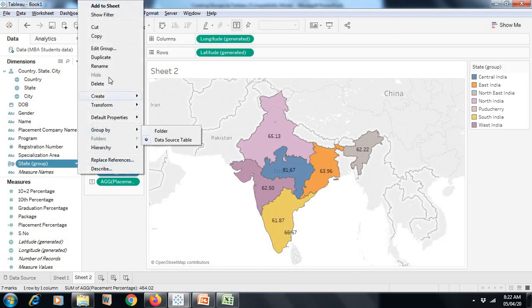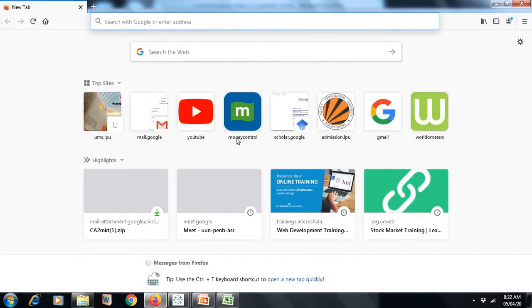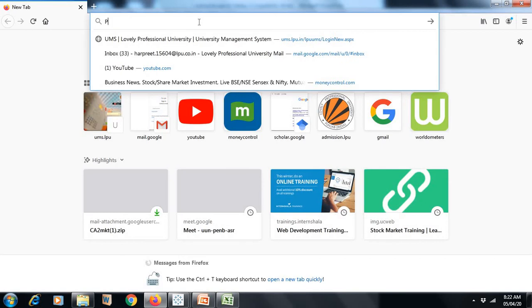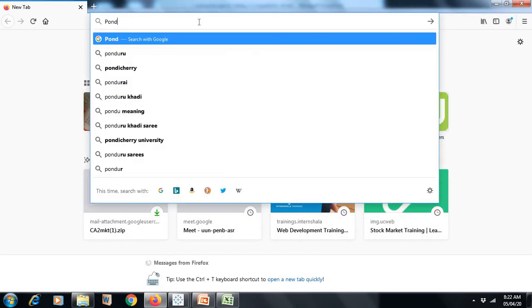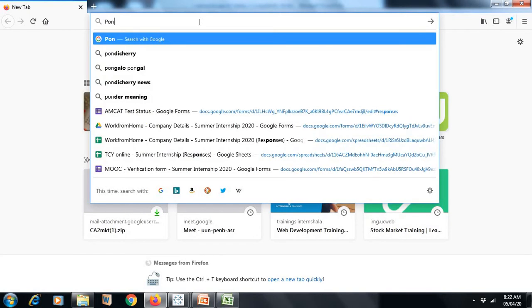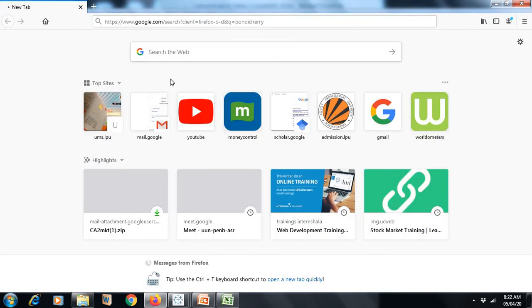So I need to see under which region it falls. You may take the help of Google also to find out where Pondicherry falls. Deliberately I will show you how to take the help of Google. Pondicherry. If you go to the map, it might be possible that you don't have an idea of which part of the country a state falls under.